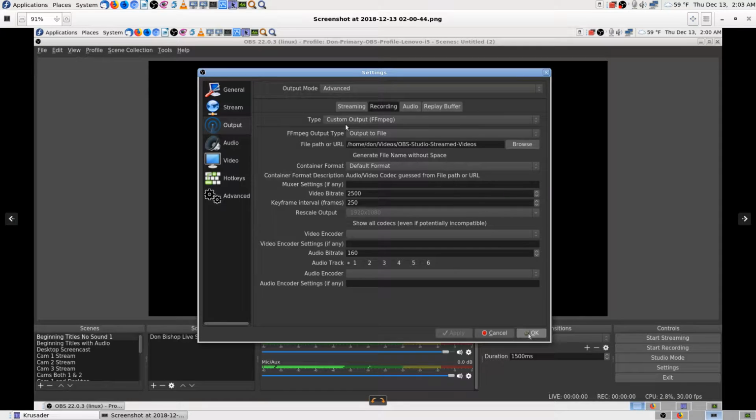So I changed the output to FFmpeg, which is the famous Linux one that Linux loves to use, and I didn't realize I wasn't using that. Actually, I hadn't looked at this setup in a long time, so I forgot. I thought I was using that. Okay, so I didn't change anything else in here. This is under output and recording, and I went ahead and changed it